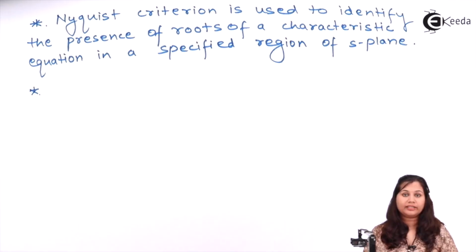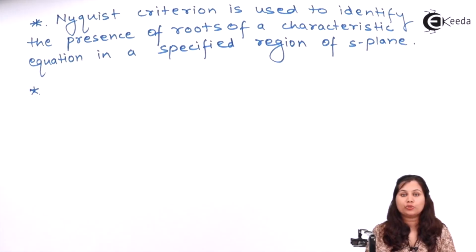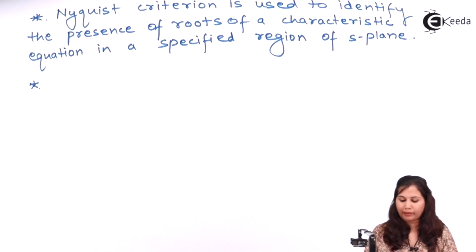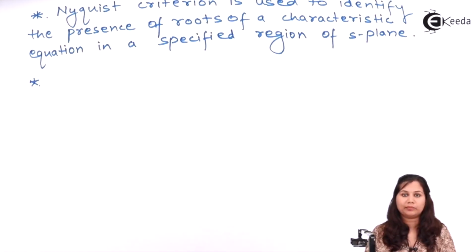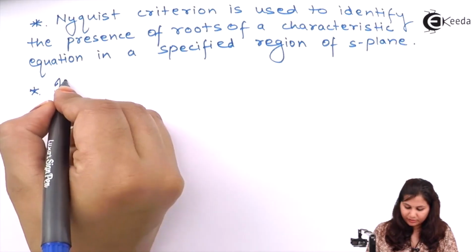So if we are not given the mathematical model of the system, there are sometimes cases when we are unable to find out the mathematical model of the system. It is not available to us, and only the frequency response is available. So using this frequency response, we can find out the stability by using this Nyquist stability criteria. So it is convenient